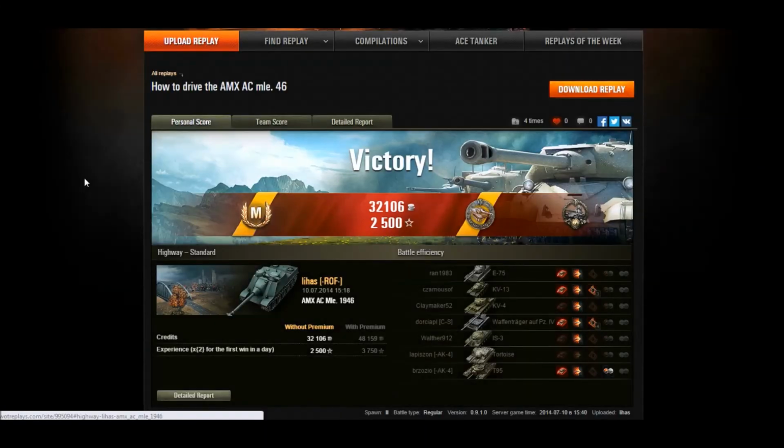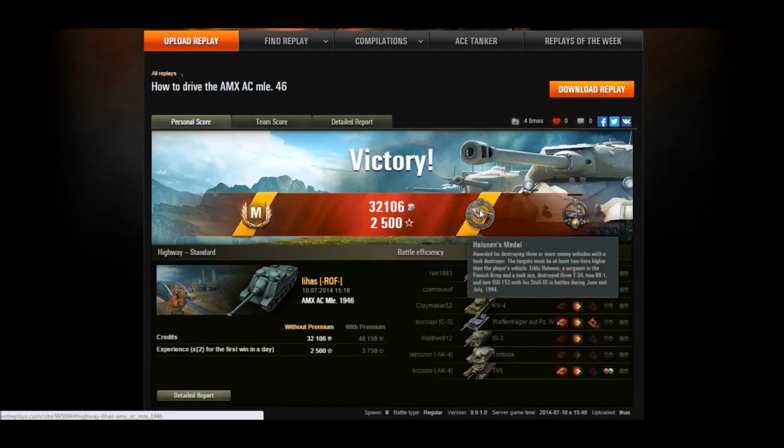So, a nice and quick little game in a tank that hasn't featured on the channel too much. The AMX AC MLE 1946. It's not a bad tank, but it was definitely not a keeper. And really, really nice performance from Lihas, considering he was bottom tier. But he picked up an ace tanker for that game. He also picked up a